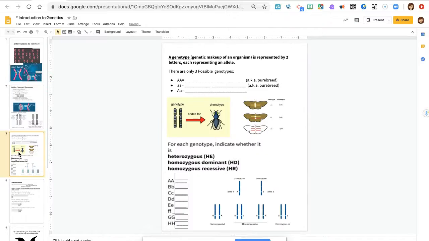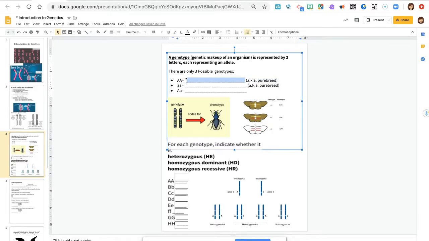Moving on. A genotype is represented by 2 letters. Each of those letters represents a particular allele. So a genotype is 2 letters. There are only 3 possible genotypes when you're studying a trait or a gene that has only 2 different options. You can be double uppercase or double dominant. This is a type of pure breed. You call this genotype